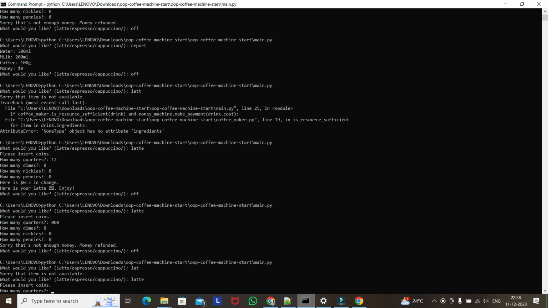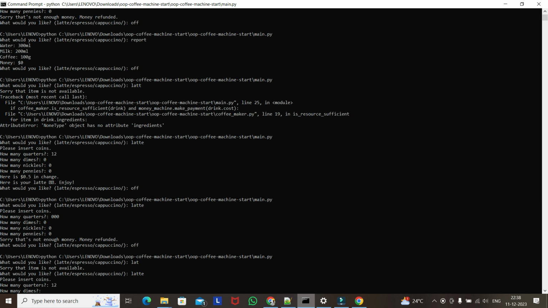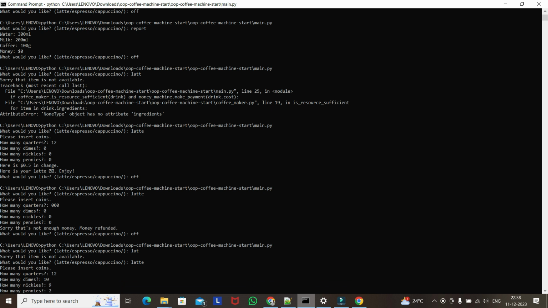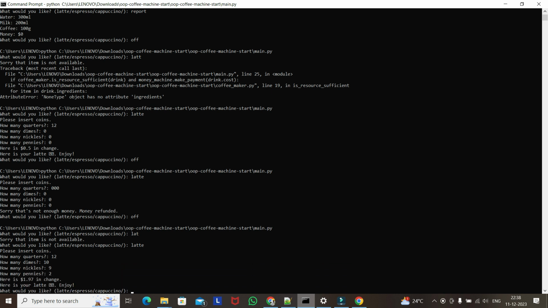So just I am giving 12, 10, 9, 2. So here it has calculated how many were given and it is giving this change. Now if I give the report now,